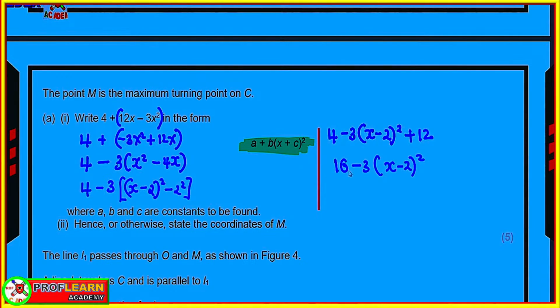Now, once you have completed the square, you need to know where it helps you. Whenever you have completed a square of this form, remember this can give you a turning point, and the turning point in this case is going to become,